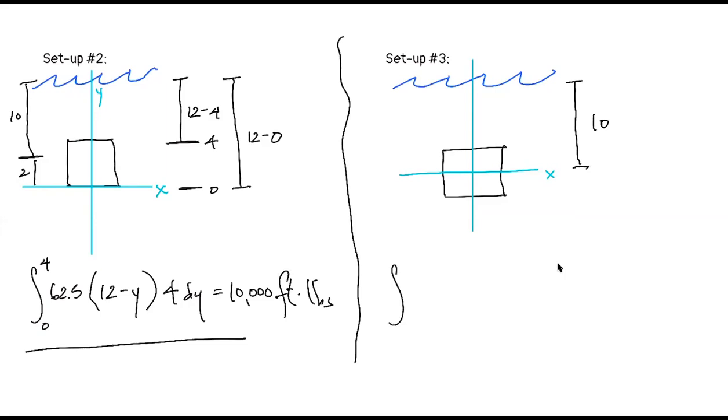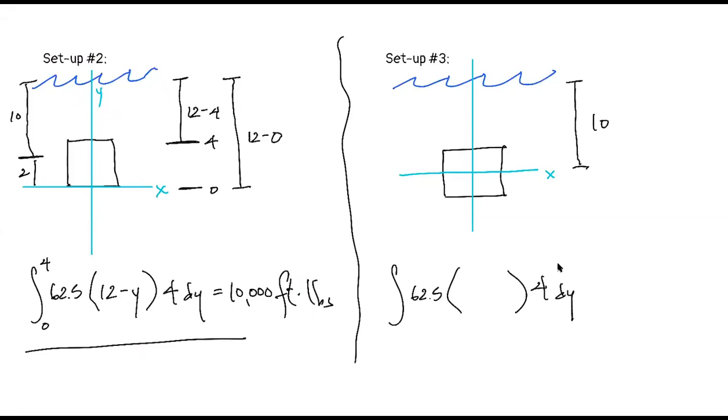So I have my integral. Density, does that change? No, so we still have a 62.5 for that density, okay? The depth, that is going to change. So let's leave that blank for right now, okay? What about the width of the slice, any slice that I take? Same. Still gonna be 4, good. And I still need a dy because that reflects the distance or the thickness of each yellow slice that I take, okay?